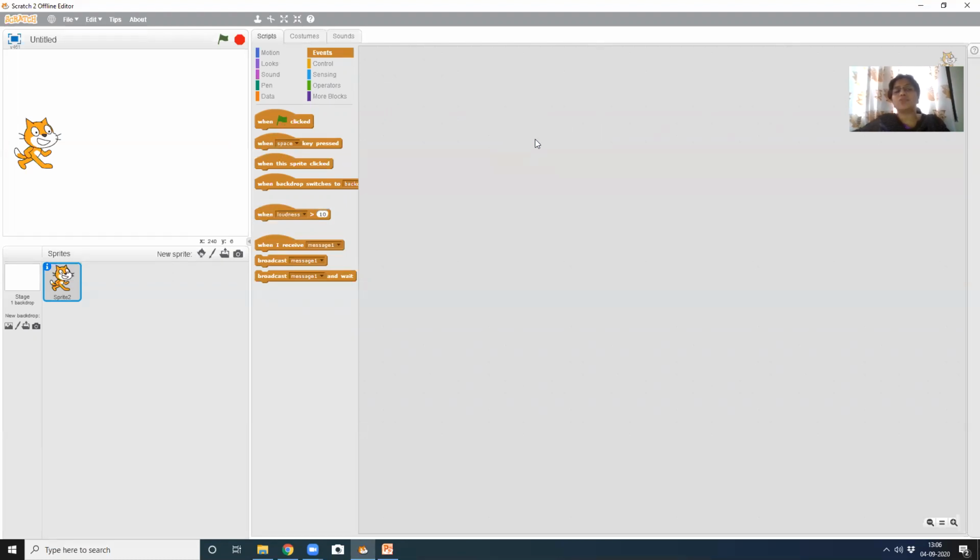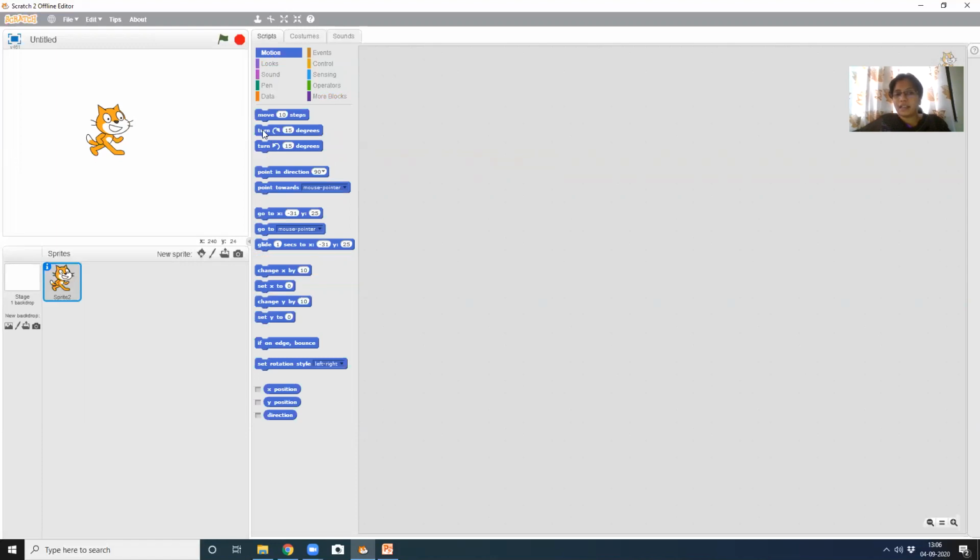Now, what are we going to learn today? The second thing is to move the sprite. The sprite is looking towards the right side. Now I want it to look down. So how should I do that? Again, it is a movement, right? Turn around, all those things. Is it not motion? Yes, it is motion. It is about movement. So whenever we are doing some movement, which block are we supposed to go to? We are supposed to go to motion, right? Now I will take this turn block. Yes, I will put it in the script area.